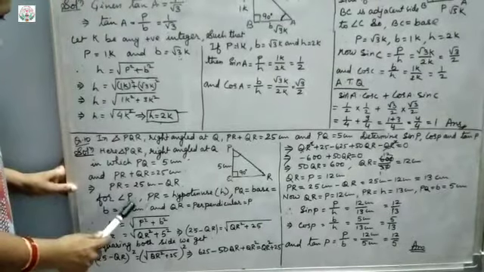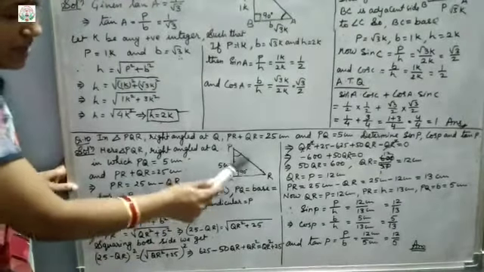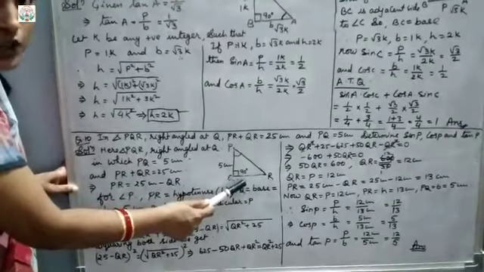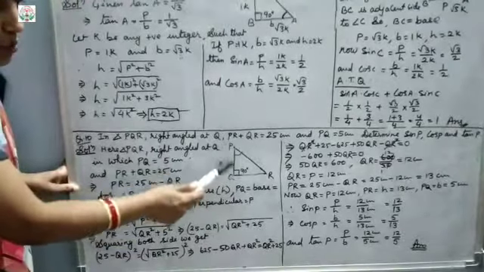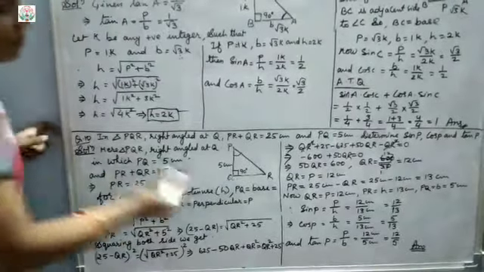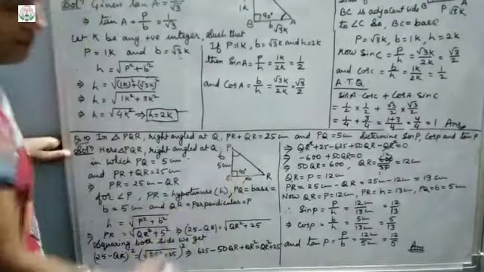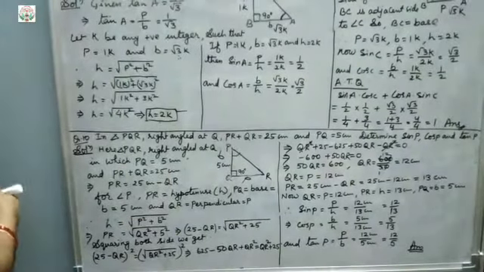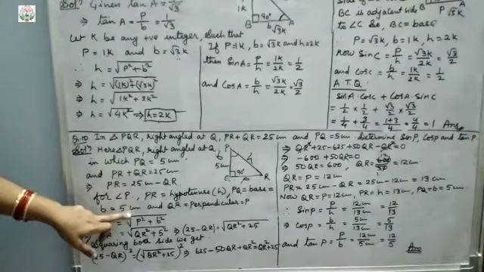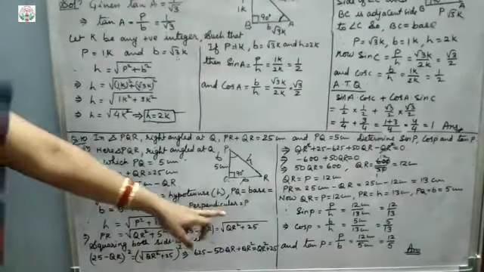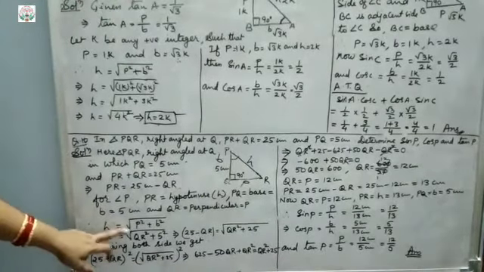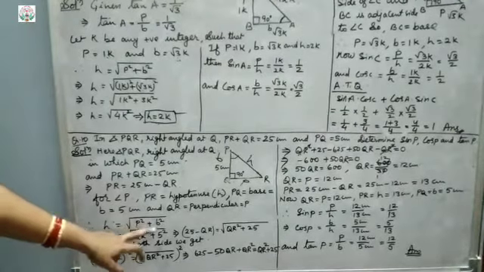Now for angle P, PR will be the hypotenuse, and QR is the perpendicular, that is P. And PQ is the base, the adjacent side, so this is B. Okay. So now same way, H is given. Now what is given to us is base equals 5 cm and QR is the perpendicular P. Now put the values. We have to find the hypotenuse. So hypotenuse equals, we know, square root of P square plus B square.